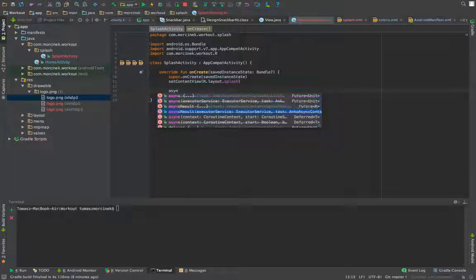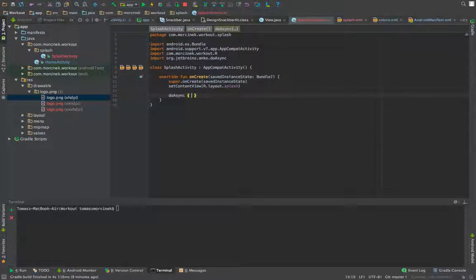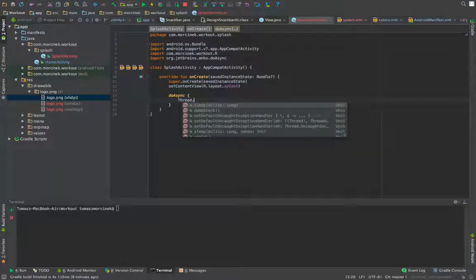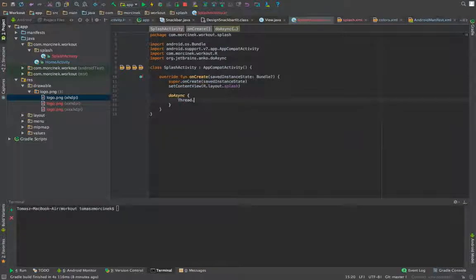we're gonna start doAsync. This is from Anko. We don't want to block, because what's executed in the onCreate is all executed in the main thread, in the uiThread. So we don't want to do it there. We want to start async, maybe sleep for 2000 milliseconds, and then